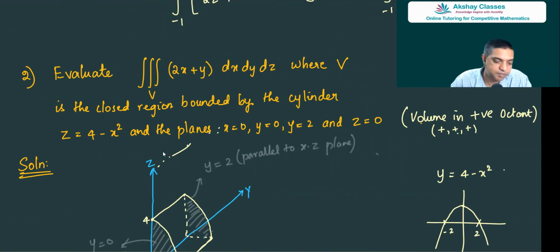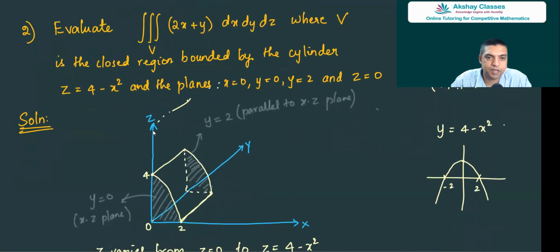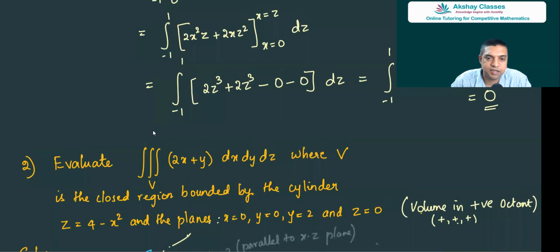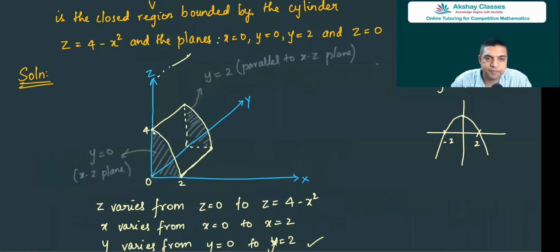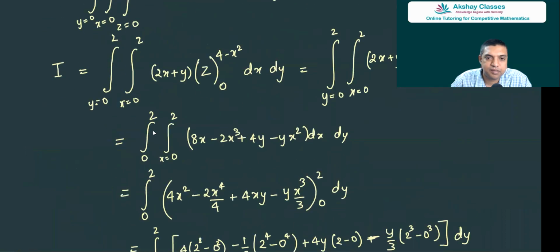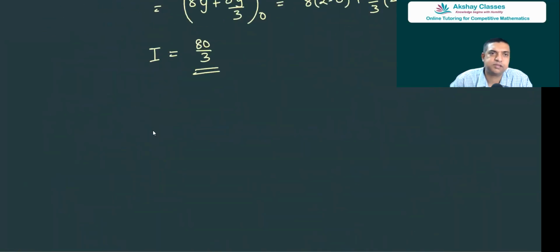One more of this type. After that we'll move to the next. One more of this type. This is an important one. Evaluate